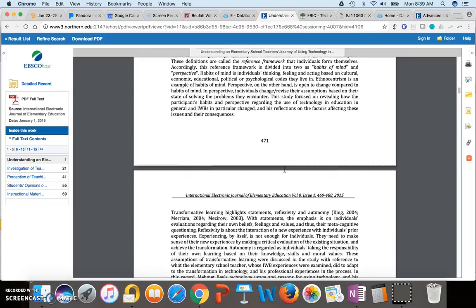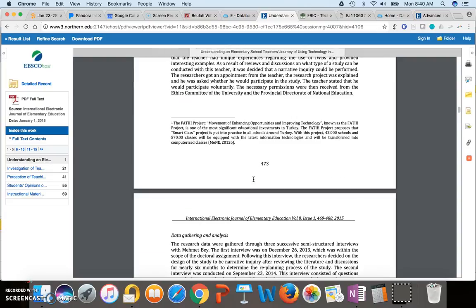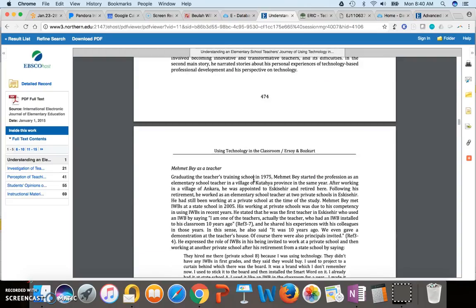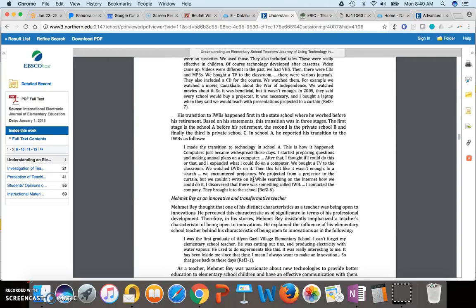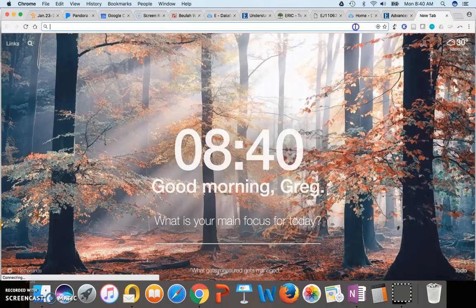But if you look here again, this is a research report because, hey, there's a methods section. So that means that there's a research design that they're describing to us and that there are going to be some actual research results. I guess I better find you some examples of some